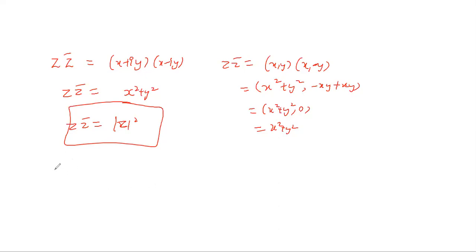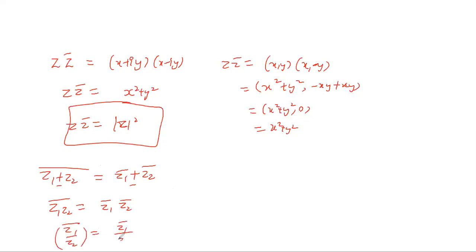Okay. And a few more properties we have. They are not required, but I can list them. You can figure out at any time that they are true. I'm not going to give you proofs of them. This is very easy to verify if you want to. Conjugate. This symbol is for conjugate. Obviously, when we talk about division, the denominator has to always be non-zero. Okay, so this is about the modulus and the conjugate.